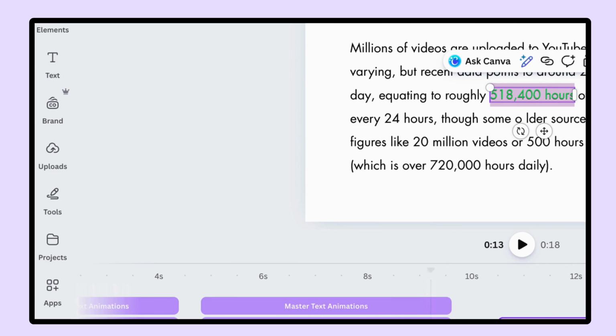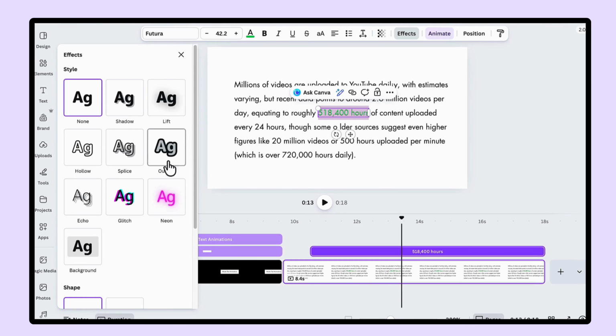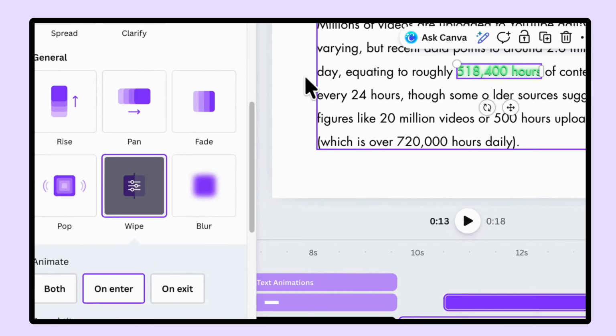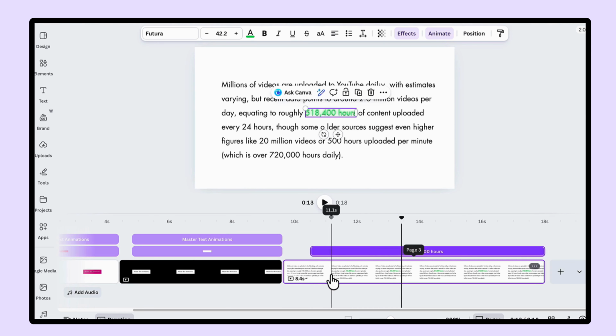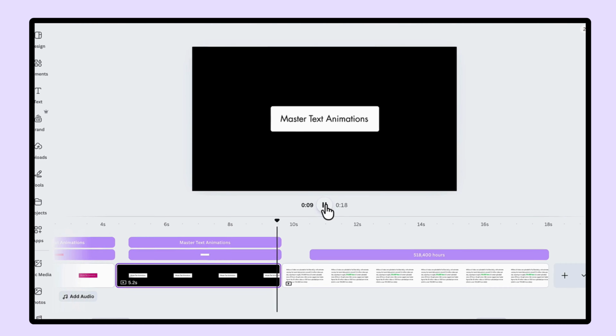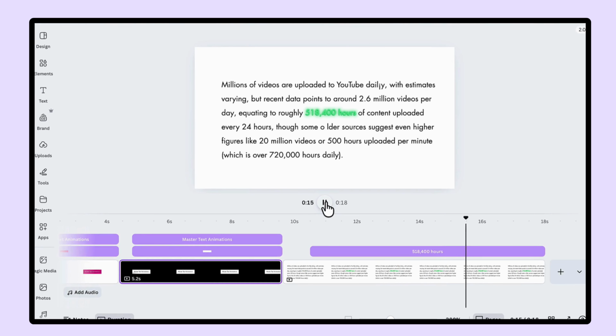Just select the text you want to highlight. Just go to text effect, select the neon effect, and then apply the same wipe animation. Now adjust the text timing and your animation is created. Now let's play it and see how it works. There you go. And just like that, you can easily create these 3 cool text animations to level up your